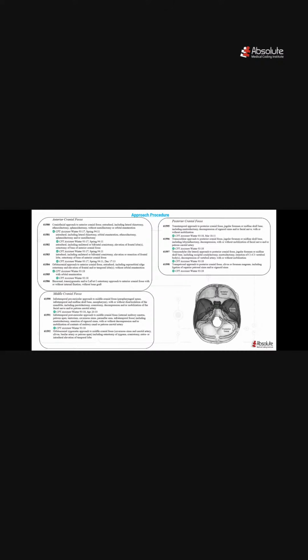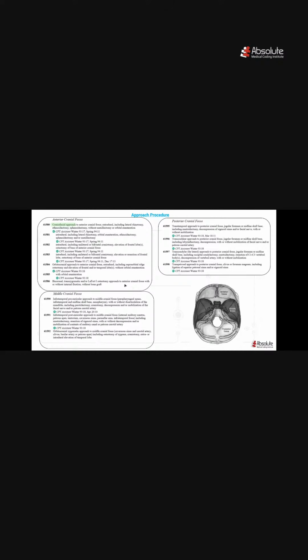Okay, so anterior cranial fossa approach codes range from 61580 to 61586. And in that, 61581 through 61583 use a craniofacial approach. That means it's a combination of neurosurgical and facial surgical techniques used to access deep-seated lesions of the skull base by approaching them through both the cranium and the face. So that is your craniofacial approach. All right, then we have